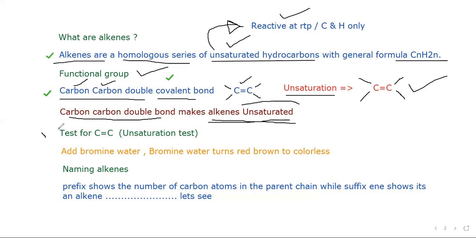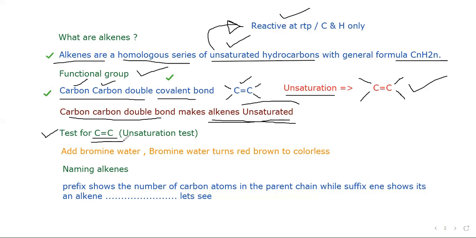Test for alkenes, test for unsaturation, test for carbon-carbon double bond. They all are similar commands, right? And it is the bromine water test. Whenever you are given some compound in the lab to confirm whether this compound is having a carbon-carbon double bond or not,